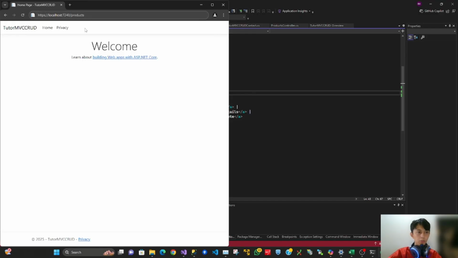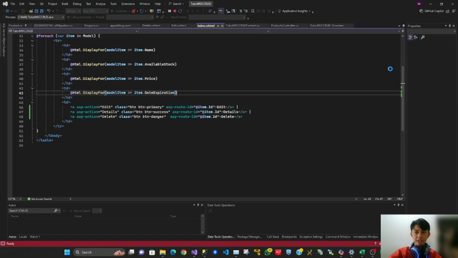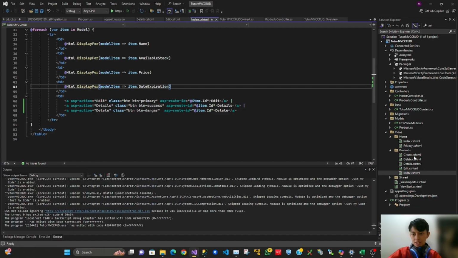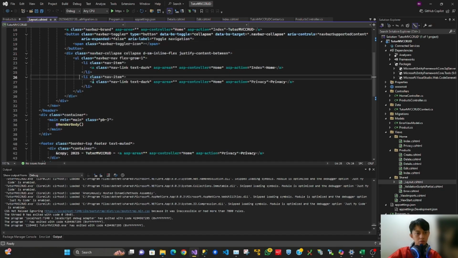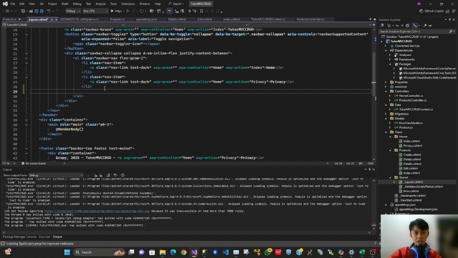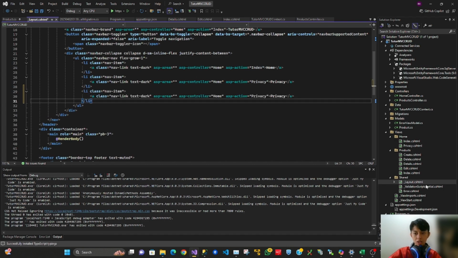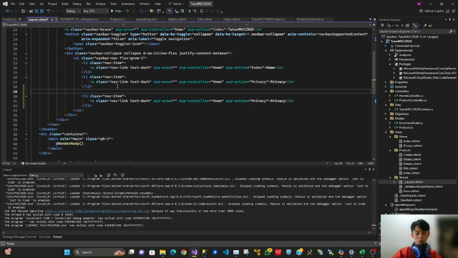Oh, we don't have the Products menu here yet. Let's add it. The menu location is in _Layout.cshtml in the Shared folder. It is automatically provided by the Visual Studio template.